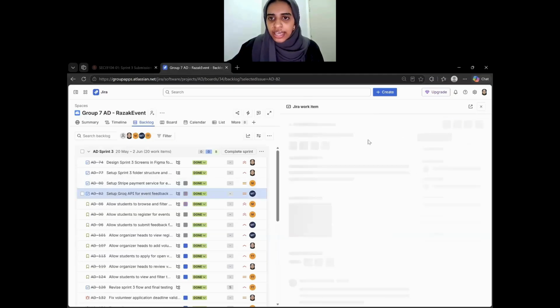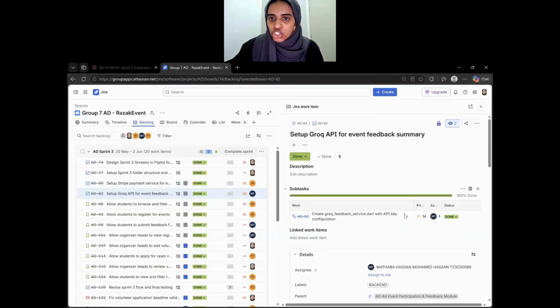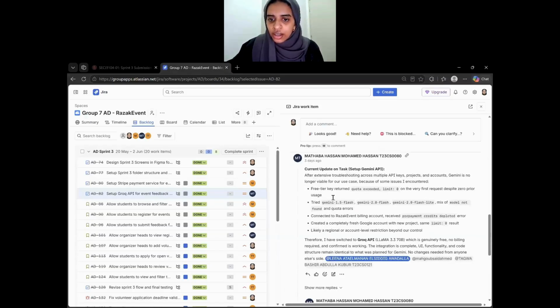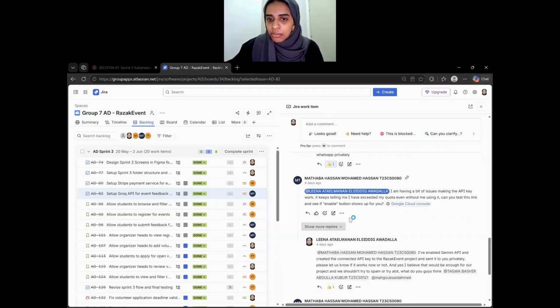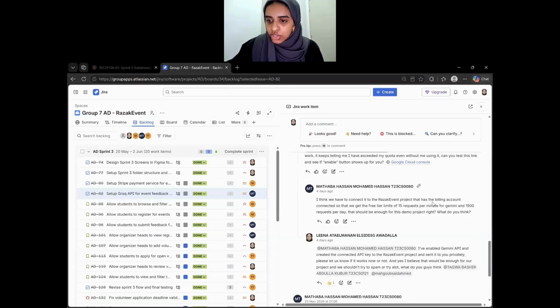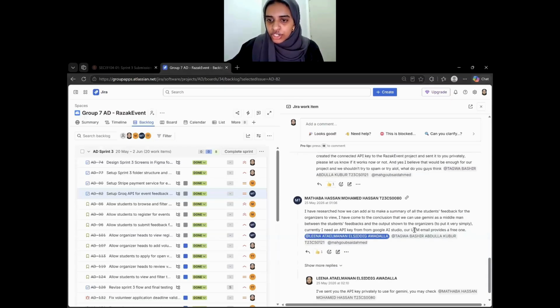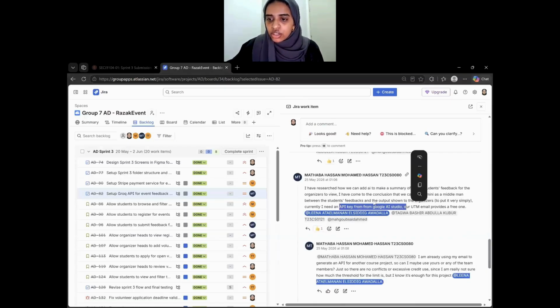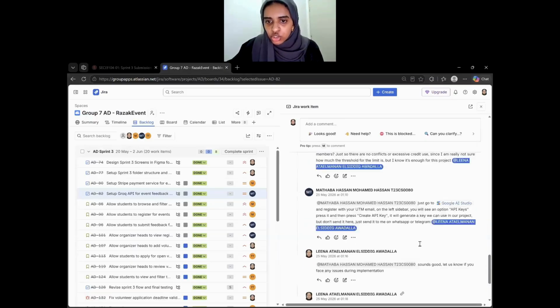For the other task, set up Grok API for event feedback summary, this task was initially Gemini API. As you can see, we had some discussion on a lot of issues here. Mutaba had some issues making the API key work. I tried to connect it for her, enable it for her, and also send the API key from Google AI Studio to her privately as she requested, but it didn't work for her in the end. So she switched to